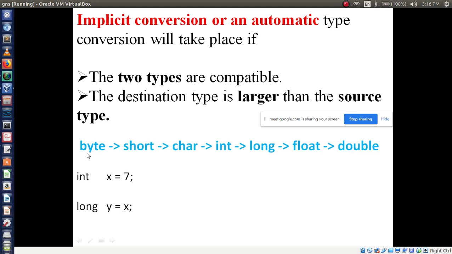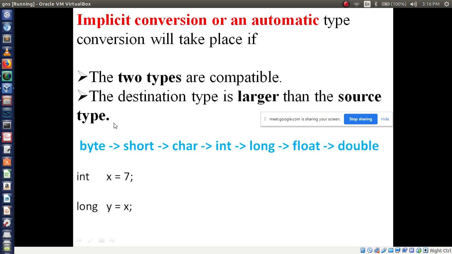Byte is always smaller compared to short, short is smaller compared to char, char is smaller compared to int, int is smaller compared to long, and long is smaller compared to float. In that way I have given this line: byte, short, char, int, long, float, double. We are converting using implicit conversion or automatic conversion.